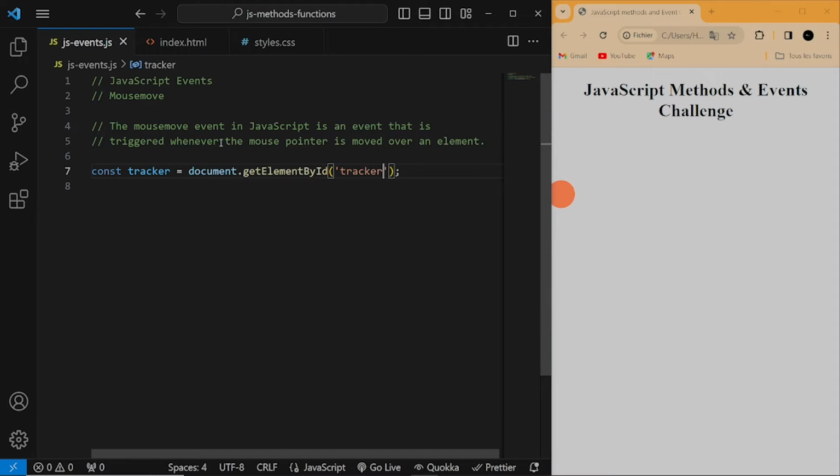Today we are going to be doing the Mousemove event. Basically, the Mousemove event is triggered whenever the mouse pointer is moved over an element, just like the one you are seeing right on your screen. So in this video, we are going to do this practical example on how to use the Mousemove event. And by the end of this video, you should be able to solidify your understanding on how to use this